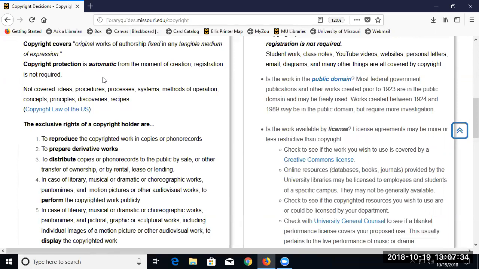So your classwork, your notes, your grocery list, love letters, all different kinds of things, images on the internet, all kinds of stuff that you might think, oh, I can just download that for free, that should be fine. It's actually not. It's still protected by copyright, so you do need to think about that. I think we're so used to passing things around pretty freely that we don't always think about, someone did make an effort to create that. They've got some rights invested in that.